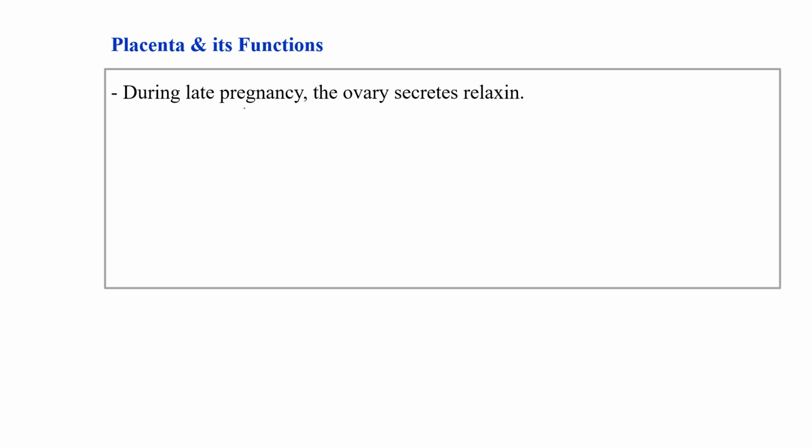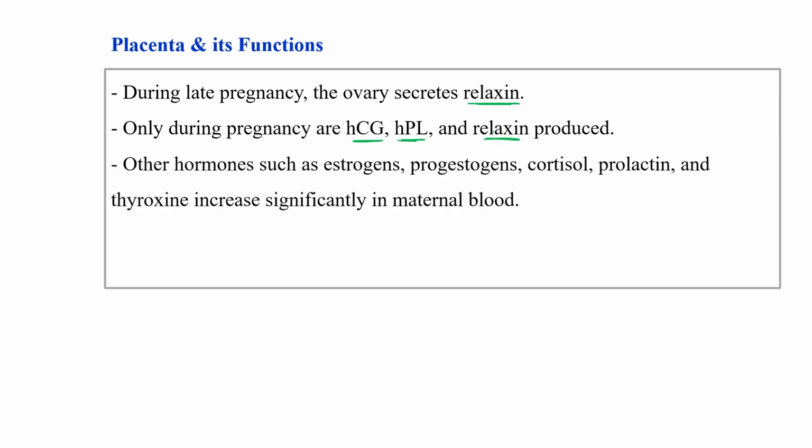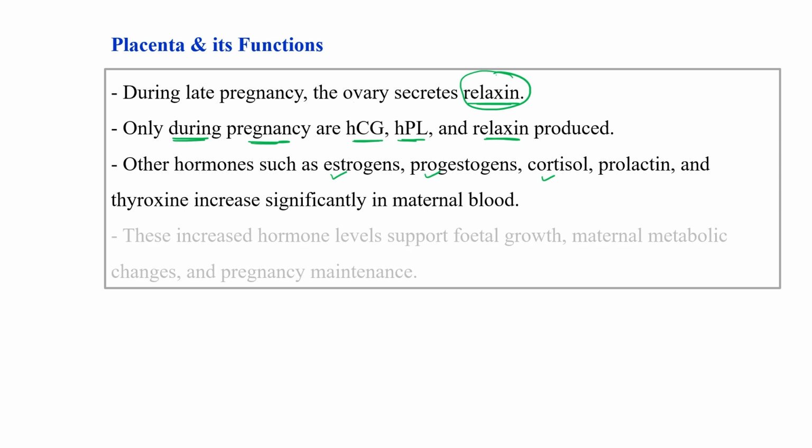During late pregnancy, the ovary secretes relaxin hormone. Why? Because HCG and HPL are produced only during pregnancy, but in late pregnancy, relaxin is also produced. Other hormones such as estrogen, progesterone, cortisol, prolactin, thyroxine also increase significantly in the maternal blood. These increased hormone levels support